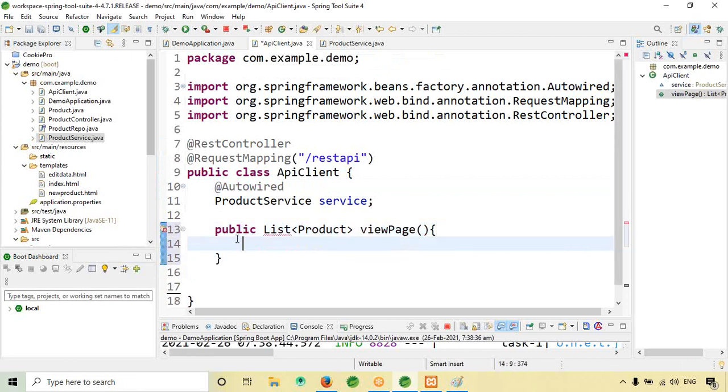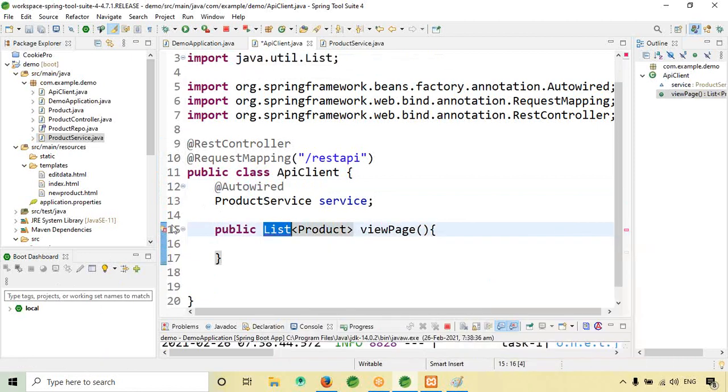Just import the List; you have to get it from the util package, right? So just get that. Then return service.listAll.